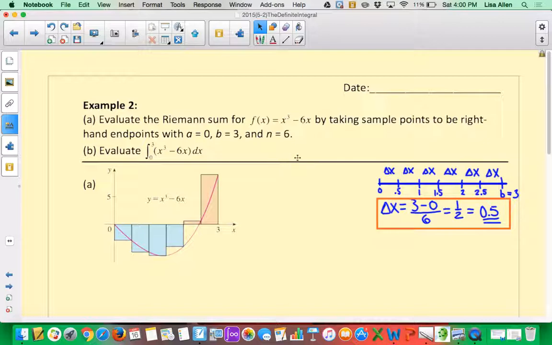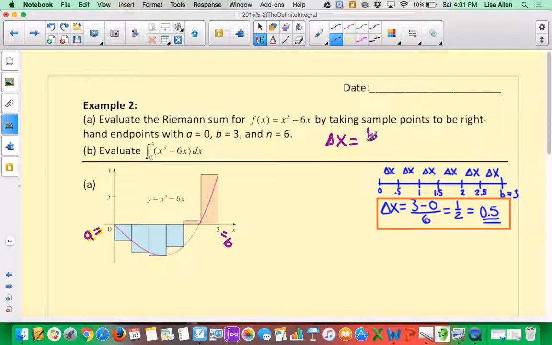We begin with example 2. Here we want to evaluate the Riemann sum for f of x equals x cubed minus 6x by taking sample points to be right-hand endpoints, with a equal to 0, b equal to 3, and n equal to 6. When we mentioned a and b, a is the beginning of the interval at 0, and b is the end of the interval. So you recall that delta x is still equal to b minus a over n,